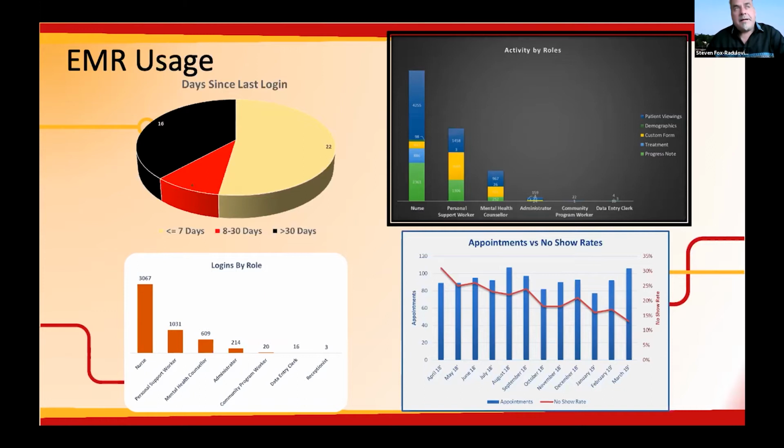And as a matter of fact, workers within the same role tend to use it the same, except for the manager of the program, because the manager usually isn't involved in patient and EMR interaction. In the activity by roles, if you look down the side, it has a list of 4 or 5 things. This represents actual charting, where you're entering data about the client. So this is where the meat and potatoes of the system is,